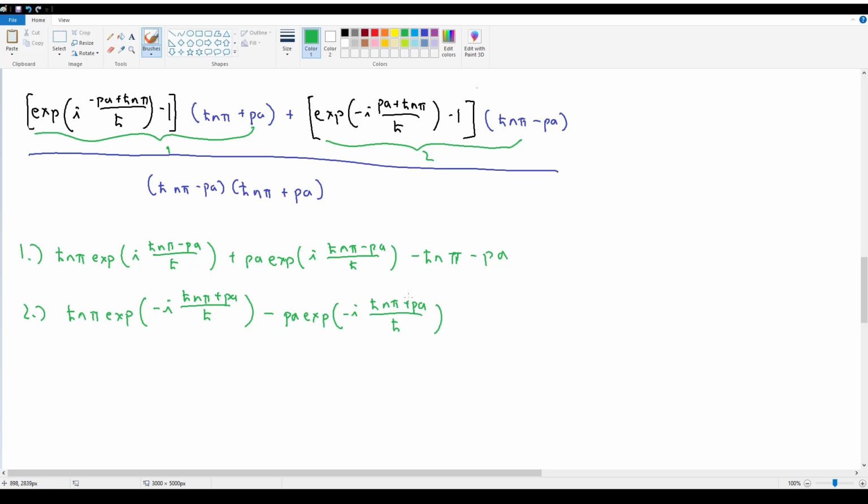Is that still correct? Minus pa, yeah, and then minus h bar n pi plus pa. Okay, so thankfully these two cancel, at least. So what I'm left with, going back in blue, is going to be